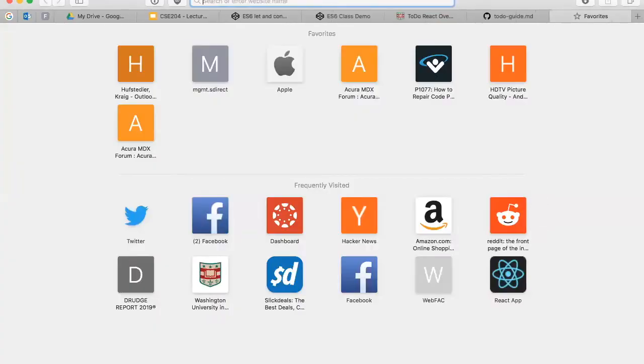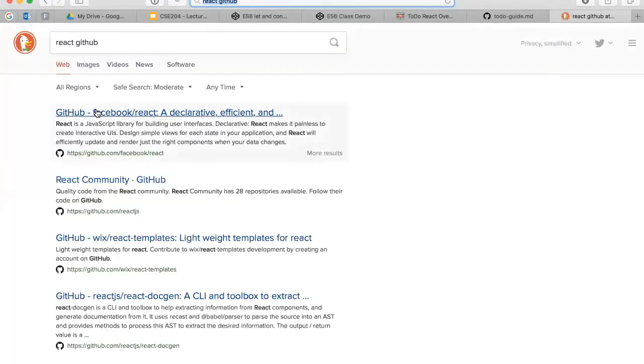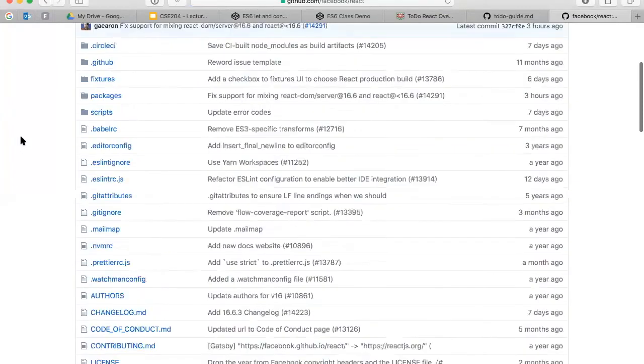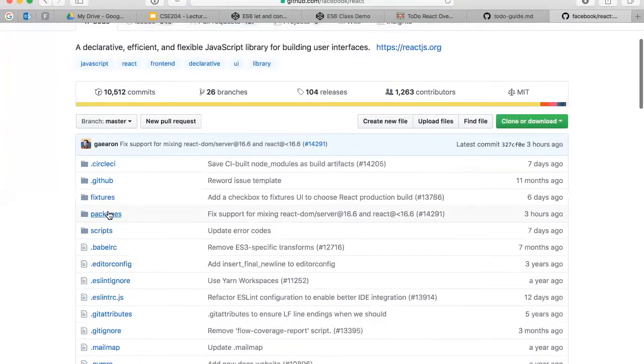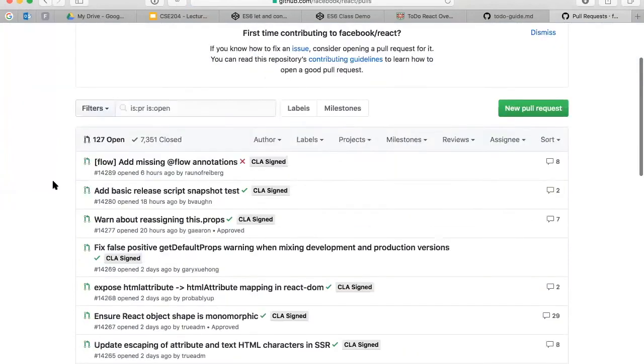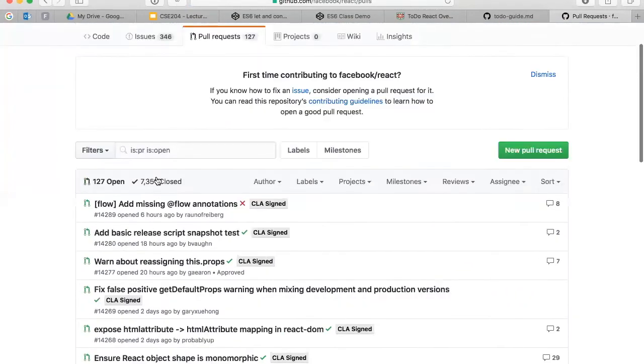For instance, if we pull up the React source code on GitHub, you can, one, look at the source code, which is cool. So you can dig down into the source code if you want to see how React works. And then you can also contribute to it. So, if we look at these pull requests, if we look at the closed ones, we see ones that have been accepted,